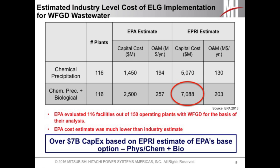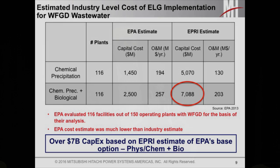What about the cost? We talk about 311 units that need some sort of wastewater treatment. In terms of cost, this is the study by EPA and also EPRI for a sample of 116 power plants. Now, the total number of plants affected is 150, so 116 is not a complete sample, only more than two-thirds of all the plants. And for these 116 plants, the cost is going to be, per EPRI,